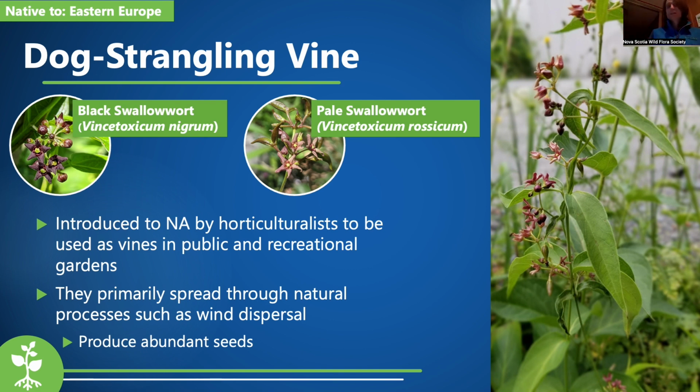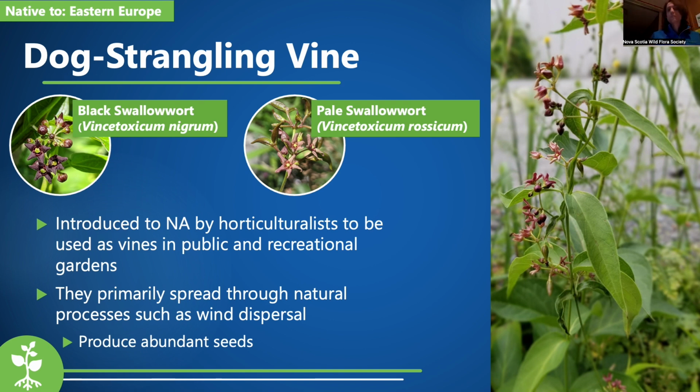So for identification of this plant, the flowers are very much star-shaped. Both of these species are very similar in appearance. The main difference is the coloration of the flowers. Black swallowwort has much more of a darker purple coloration, and pale swallowwort tends to be more